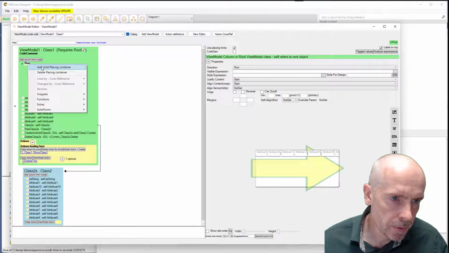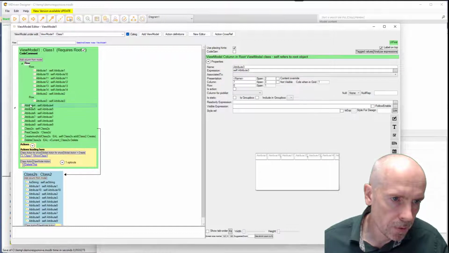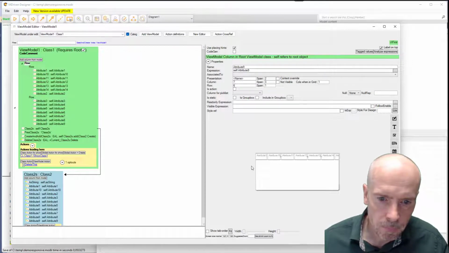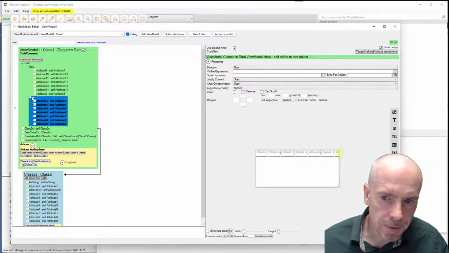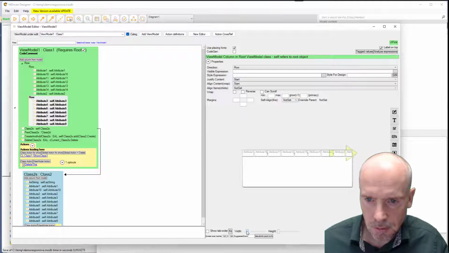Let's add another child placing container under the first one, and add a few more of these. So where did that one go? It started after the first one. So this is